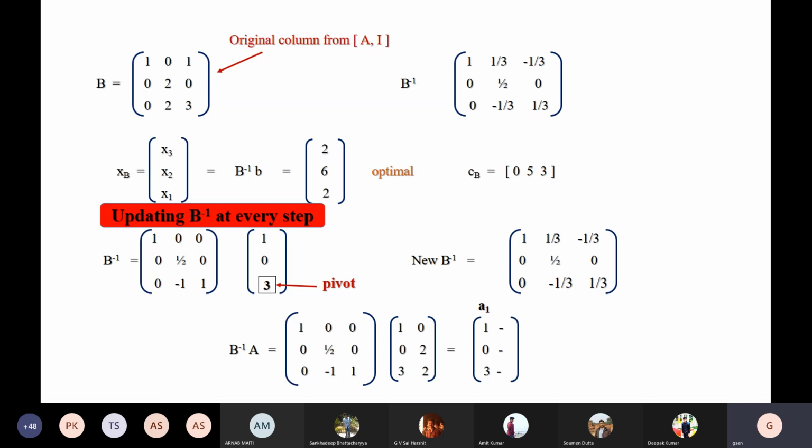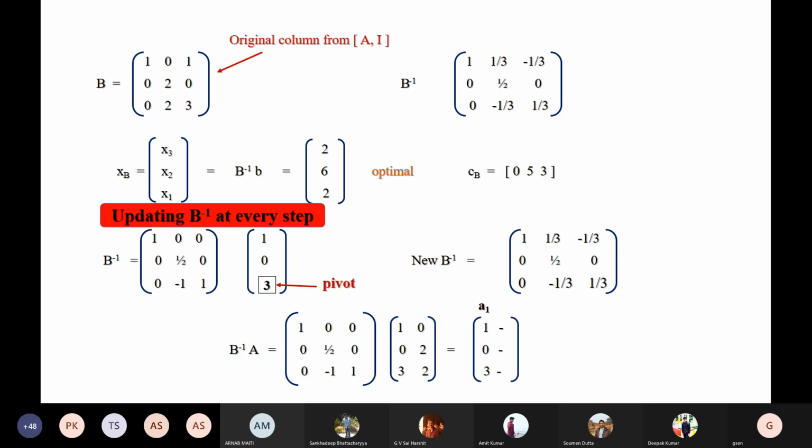Is it clear? Yes, sir. So here the advantage is that you don't have to compute the inverse from scratch. So you maintain some structure of the old B inverse, because in the new B inverse, some row operation would be there because of pivoting, but many of them would be 0, right? So those rows will be unaffected. So some computation is saved in this manner.